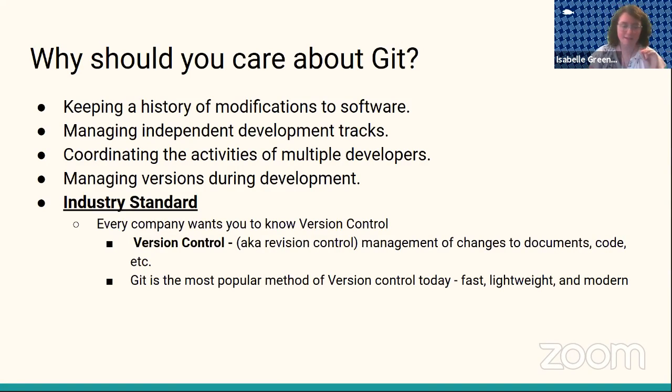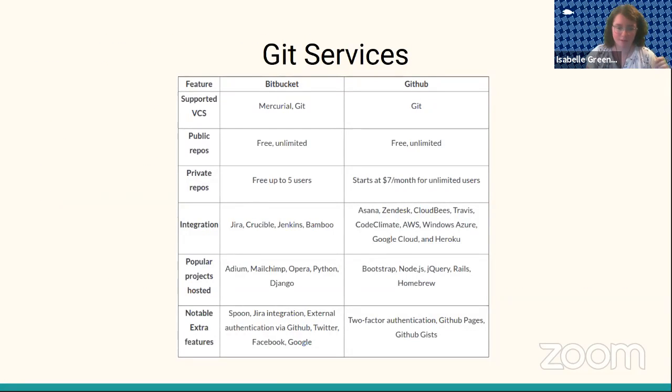And Git is one of the most popular versions, very fast, very lightweight. And also the GitHub student developer pack is super, super helpful. So using their tools will help elevate you and get you started much faster than not using them. Now, this is just an analysis of what's free, what's not free in terms of using Git, and a comparison between that other company I mentioned, Bitbucket,